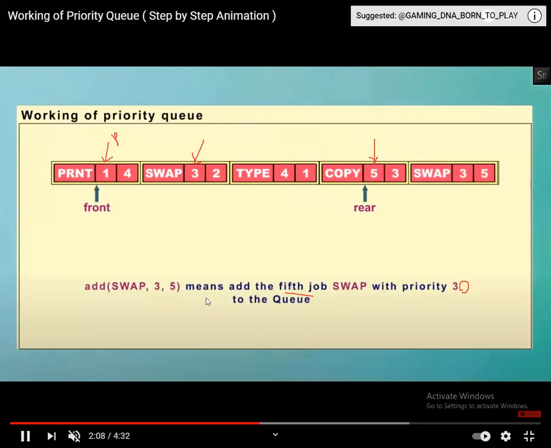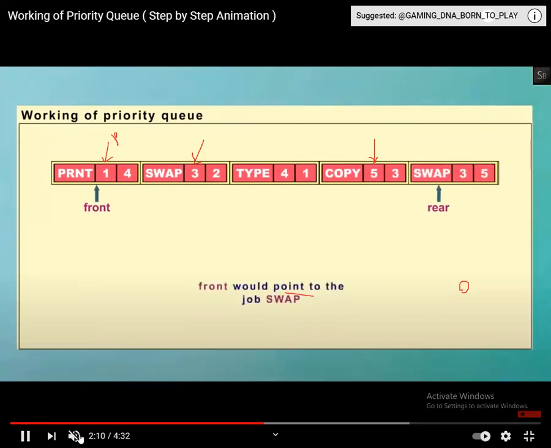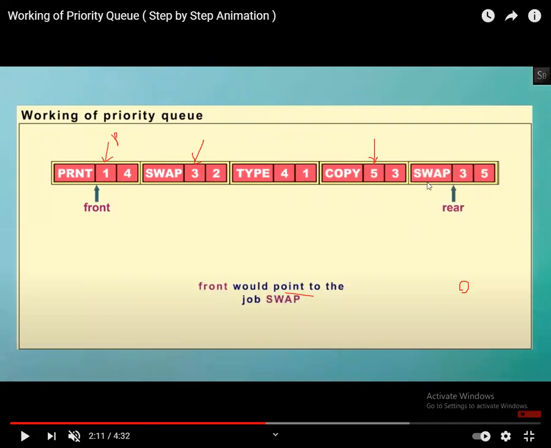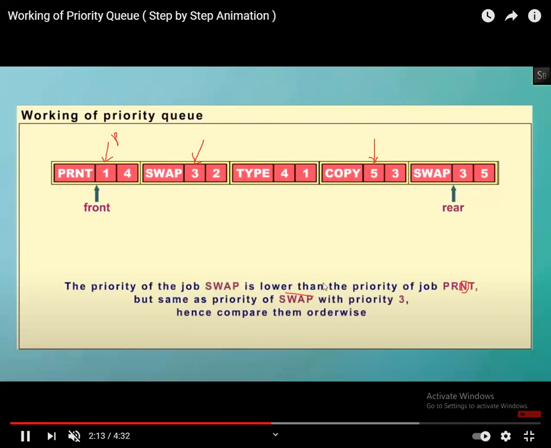This is the concept. When you add this one, see, again we added one more element, element 5, with priority 3. In this case, front would point to the swap. So it will compare with all.